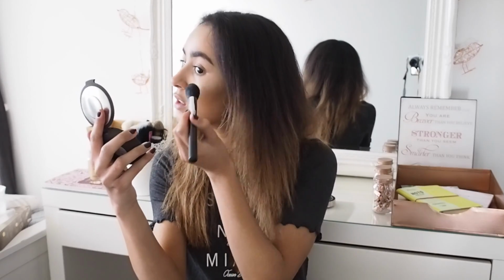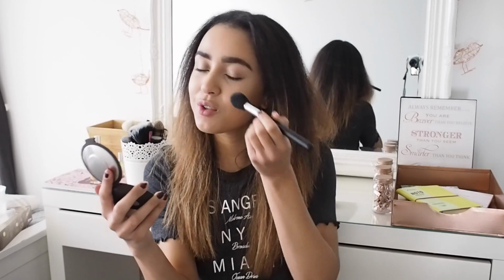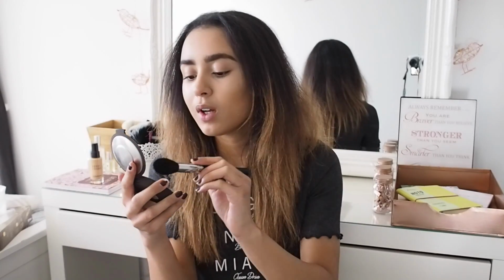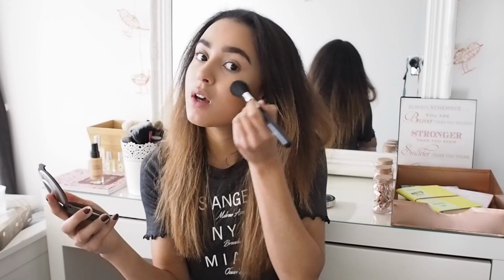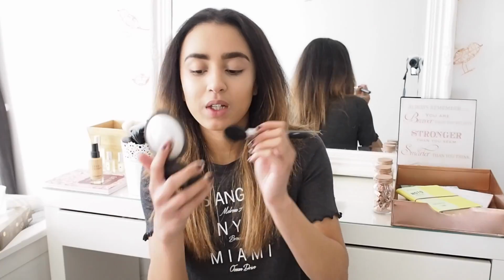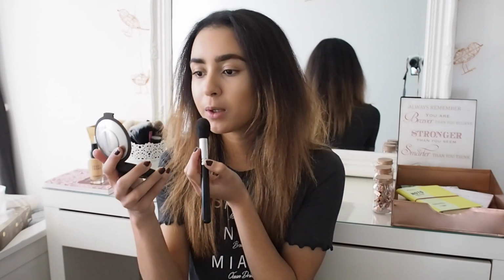Okay, so this highlight is definitely quite noticeable, but in a good way. It's not like a really light highlight, so I don't find that it looks too powdery or caked on when you apply a lot, because it's quite a natural colour, so it just leaves you with a really nice sheen. And I am going to apply more because I'm crazy and I love highlighting. And I'm just also going to apply a little bit, whoa, sun again, I'm just going to apply a little bit to the sort of bridge of my nose and my cupid's bow,